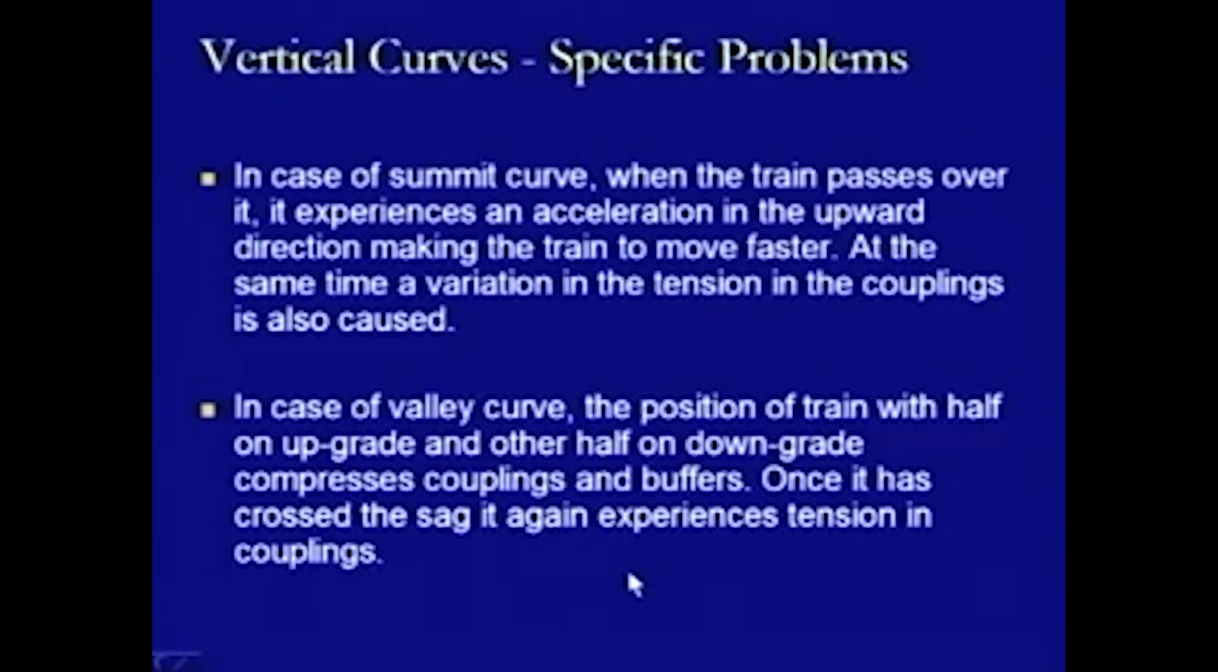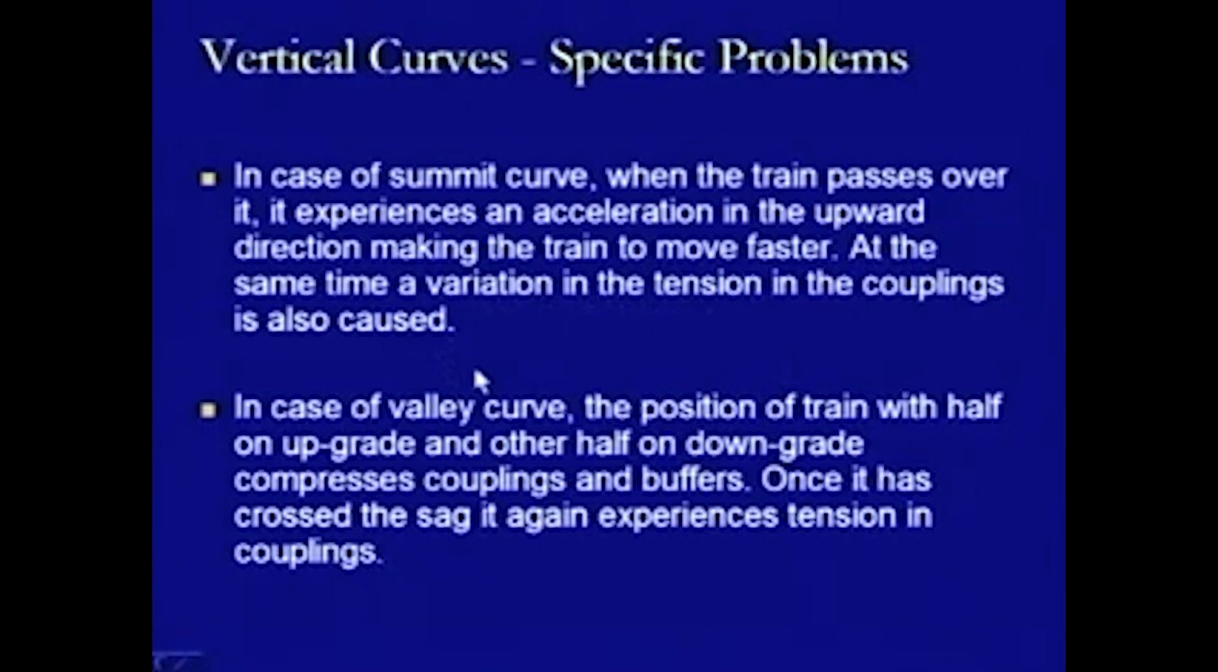Similarly, when we talk about the valley curve, the position of the train with half on the upgrade and the other half on the downgrade compresses couplings and buffers. Now, in this case we are talking about a curve like this. So, this is a valley curve. In this valley curve, if half of the train is on this portion and half of the train is on this portion, then, as we have seen, there is a bunching effect,